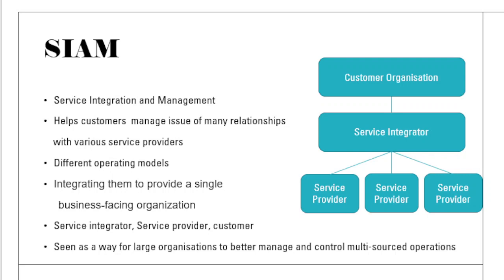Typically it's larger organisations, larger corporations, perhaps with a global footprint, or lots of service provider relationships, where it's becoming difficult for the customer to manage all of those relationships, but also to try to put together some kind of end-to-end